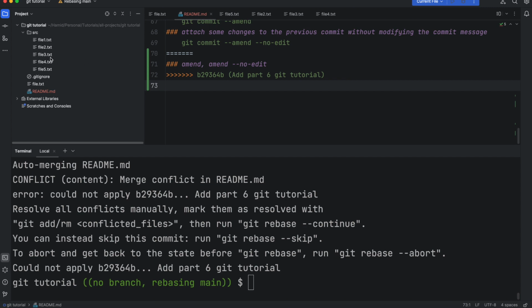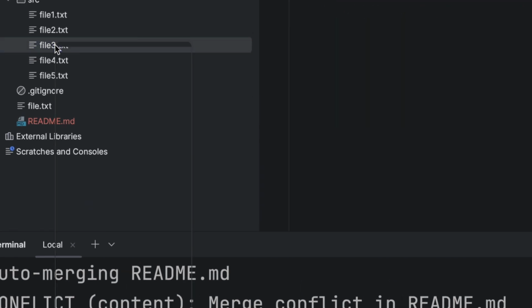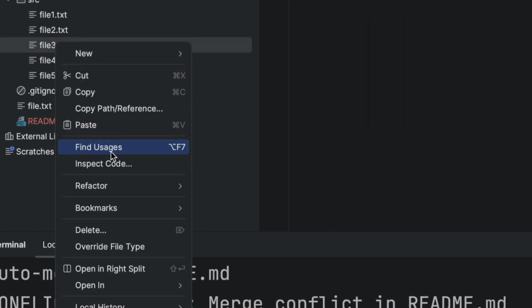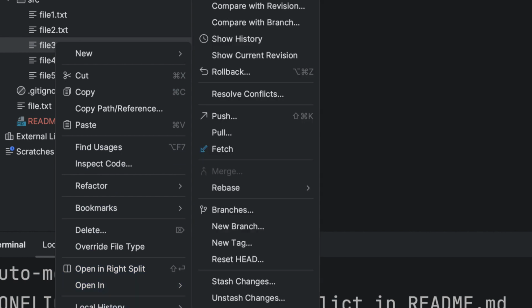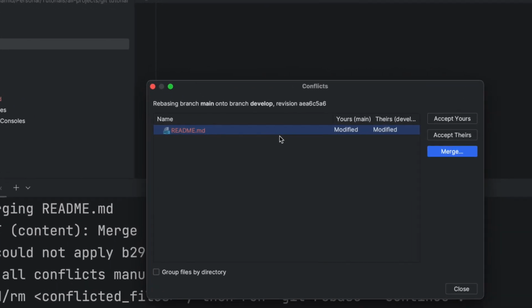If you right click on any file on WebStorm, it will give you the git option here, and you can find resolve conflicts from there. If you click on resolve conflicts, it will open another window